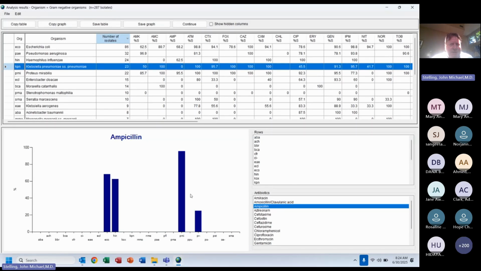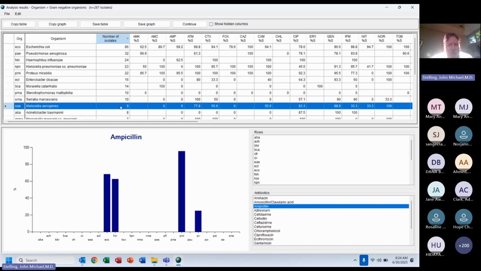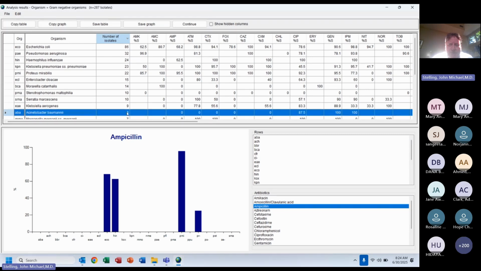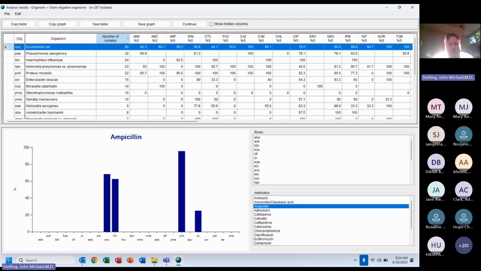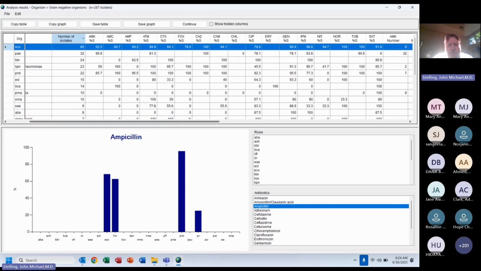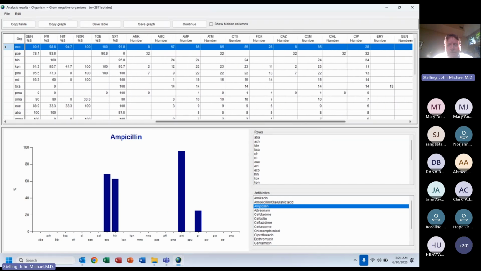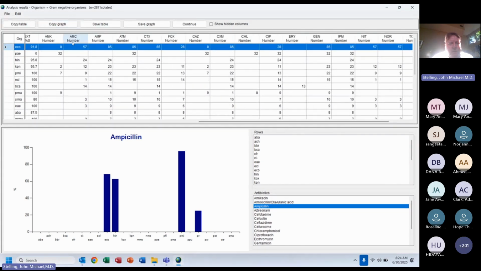So one problem with this is that some of these numbers are too small, 9, 8. So yes, I can export it to Excel, and I can manually delete them in Excel. Here, for example, let me go to E. coli. There were 86 E. coli, but I'm going to move to the right. And you see these columns called number. There were 86 E. coli, and they tested ampicillin 85 times, aztreonam 85 times, cefotaxime 85 times,